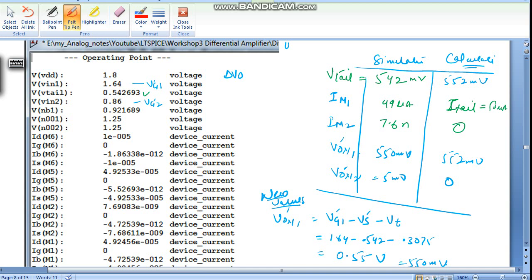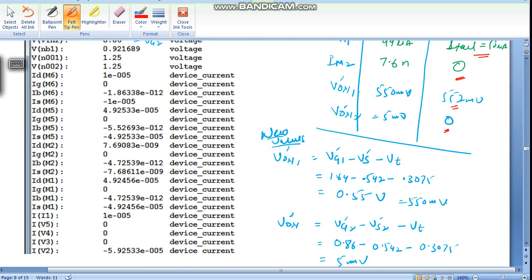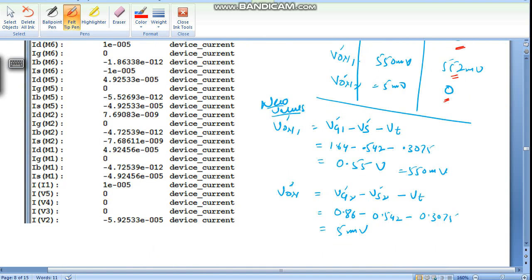These are our calculated values: Vtail, and Itail is 50 micro, and M2 should be 0, and IM1 should be the full tail current, and Von1 is 552 and Von2 is 0. This we have already calculated. So the new Von1 value is this one. The new gate voltage, which is 1.25